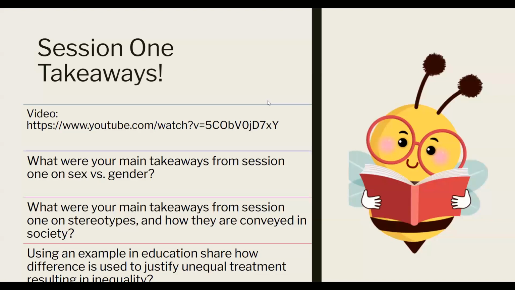My takeaway from yesterday's session was that it really became clear now that sex is more a biologically determined feature and gender is more socially determined. And that activity that we did yesterday with the table, where you were asking us about growing a beard and all those features, when we were saying this one is gender, this one is sex, it really became more clear to me. And then with regard to stereotype,